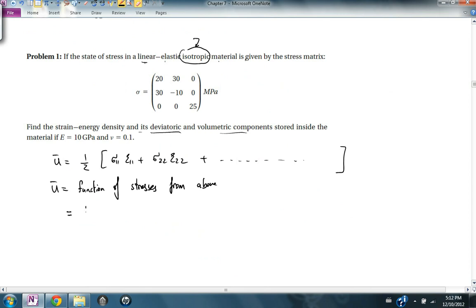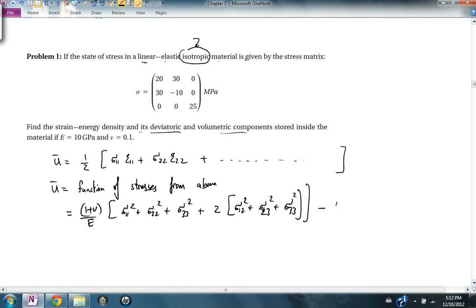This is equal to 1 plus Poisson's ratio over E, sigma 1 squared plus sigma 2 squared plus sigma 3 squared plus 2 sigma 1 squared plus sigma 2 squared plus sigma 3 squared minus